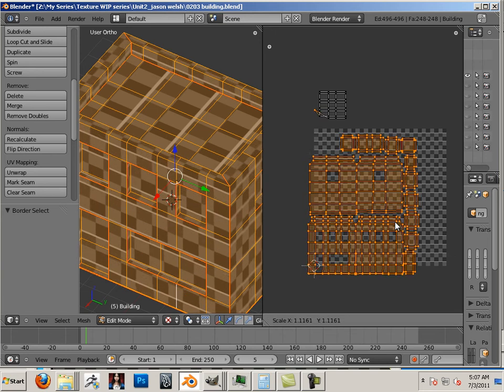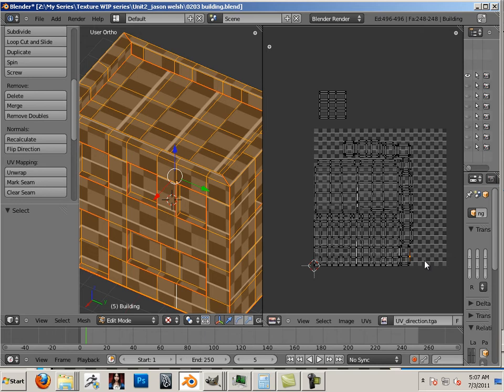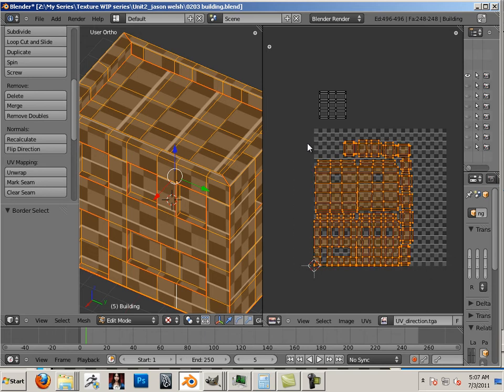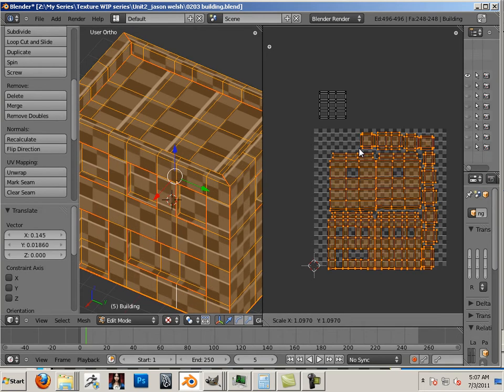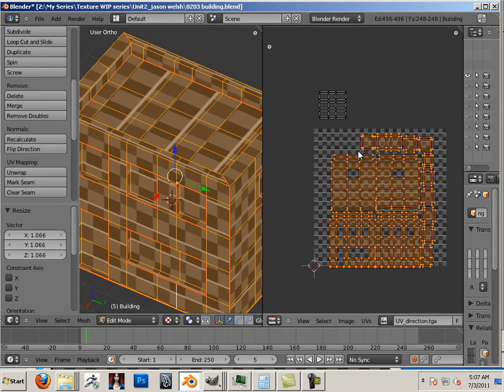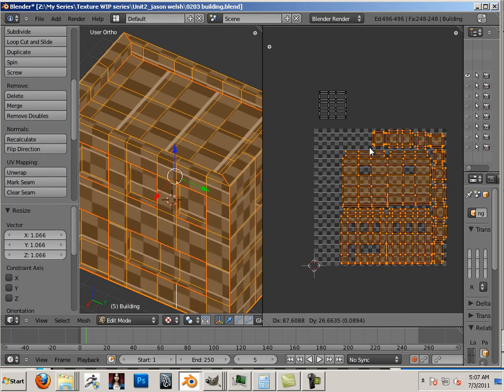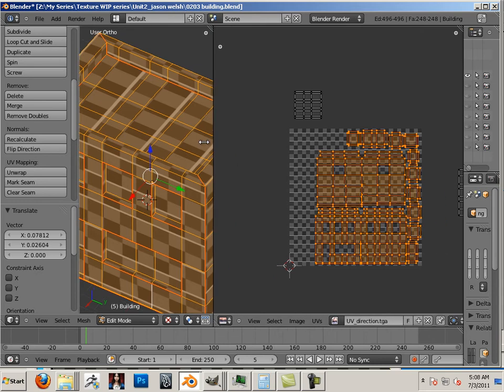Scale. Oops. Okay, box select. G. Scale. So there we go. I was able to add a few pixels to the resolution of this just by scaling